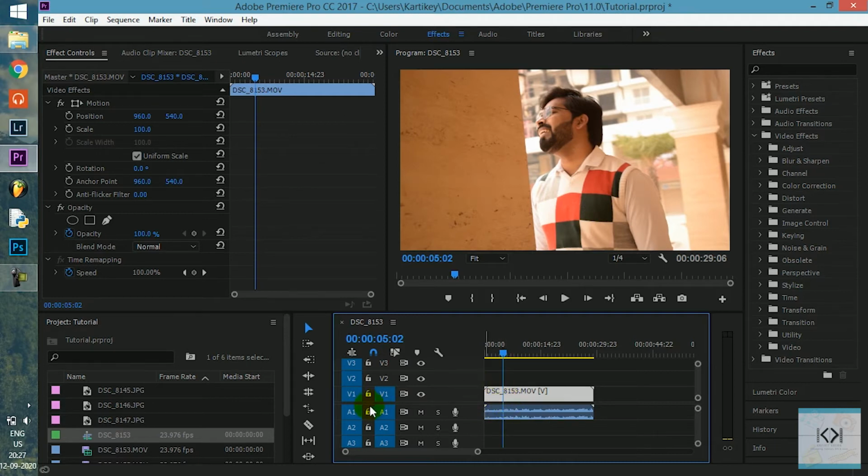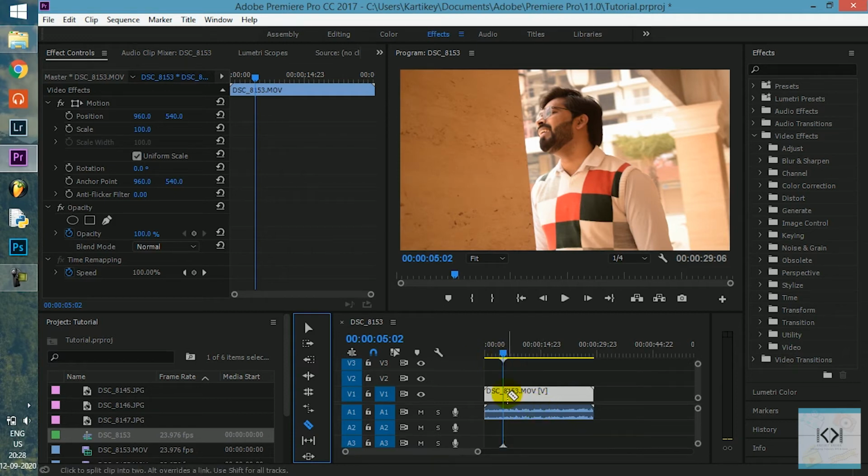For this I need to go to the tools panel and click on the razor tool, and as you can see, you can also enable it by pressing the C key on your keyboard. So press C. As soon as I bring this razor tool close to the playhead, this T sort of symbol starts appearing over here and over here in the bottom.